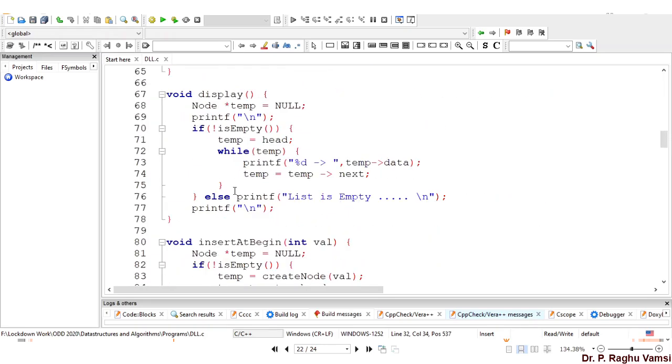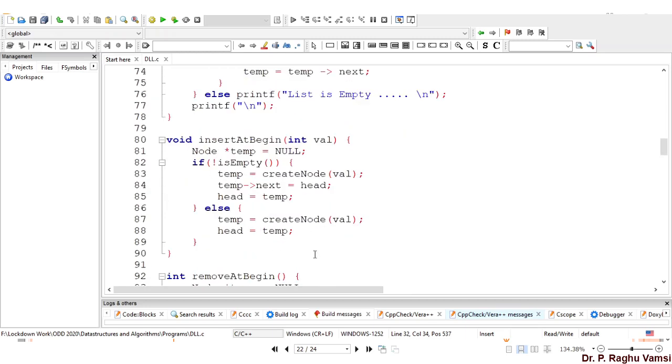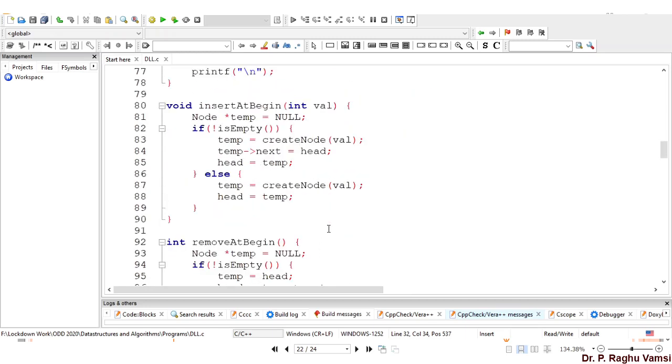Next, displaying is also over. Inserting at begin. Now, when you insert at begin, node star temp is equal to null. That is the temporary node that we have created. If the list is not empty, then create a new node assigned to the temp variable. Temp next is equal to head.